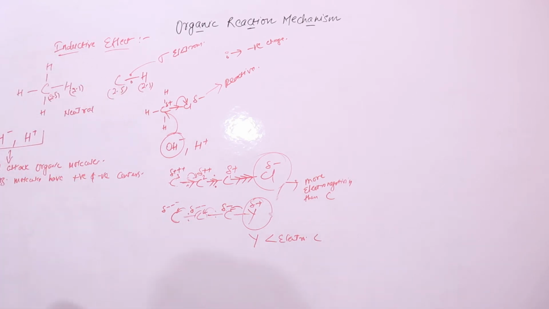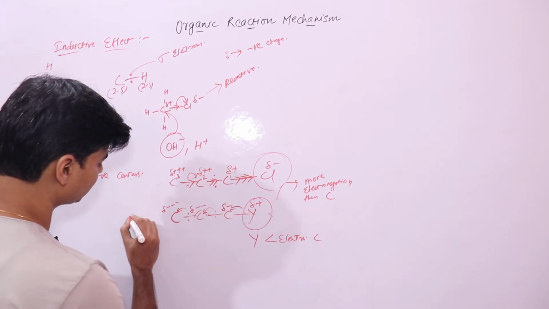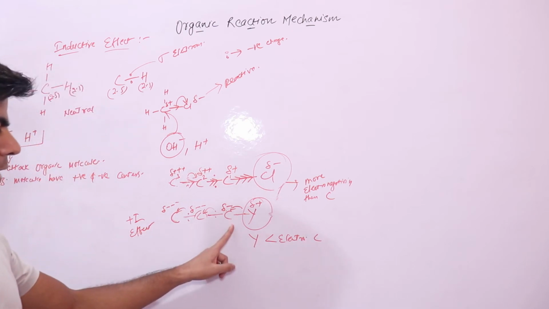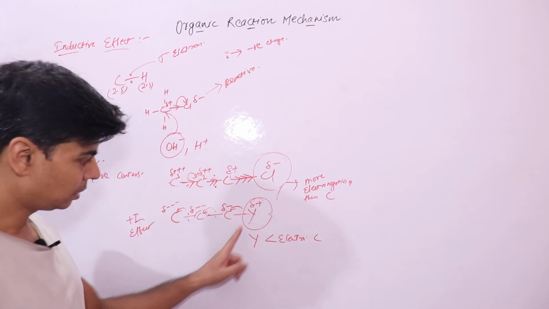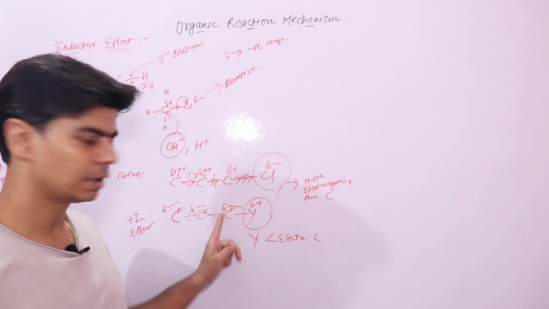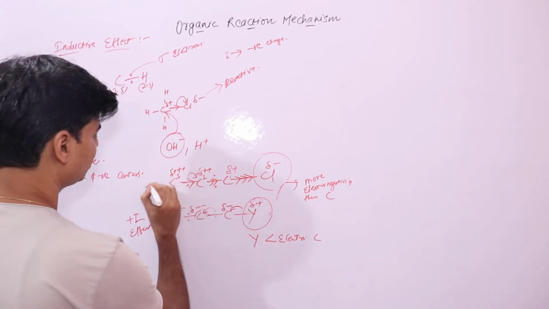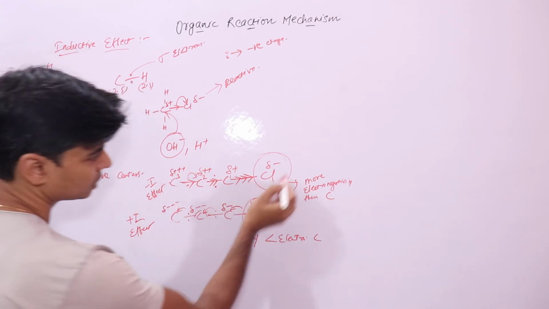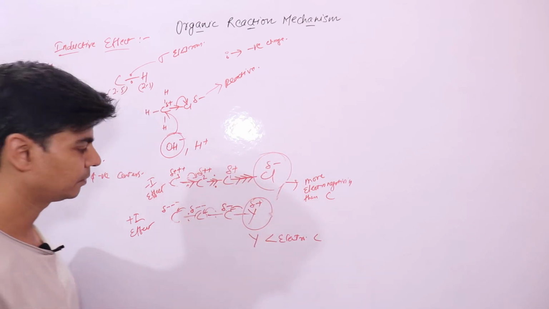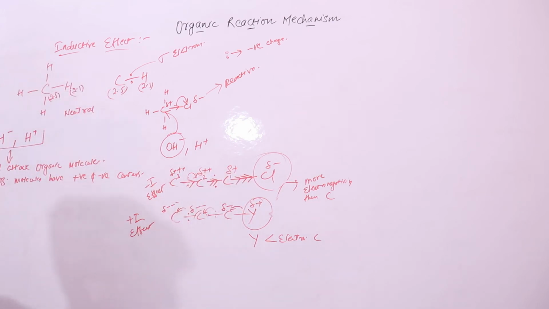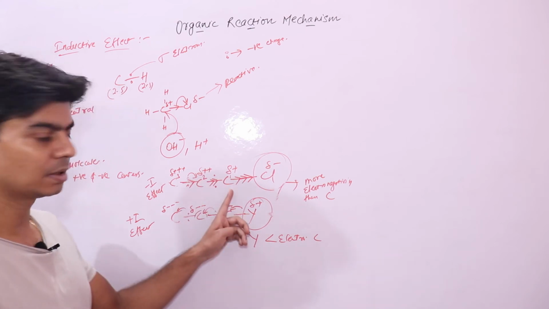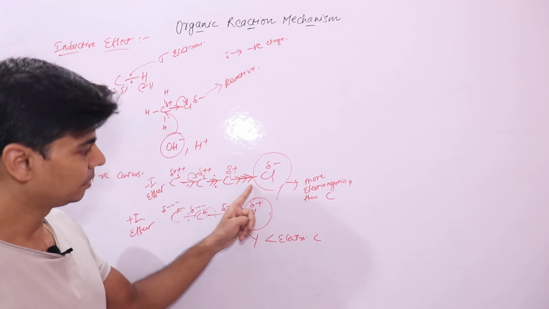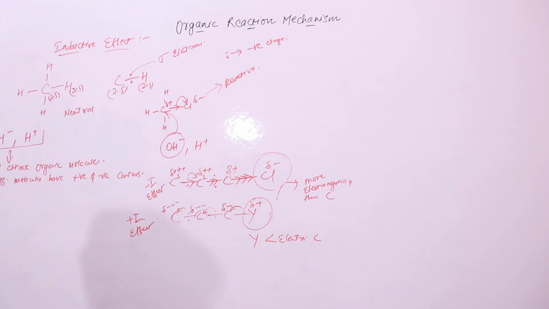Right. So this is your inductive effect, which introduces polarities in your organic molecule. Where we have a less electronegative atom, in this case, this is your plus I effect. We call it plus I effect where the carbon atom acquires a negative charge and the atom attached to carbon has less electronegativity than carbon. Now this one is your minus I effect, where this chlorine atom will attract the shared pair of electrons towards itself, thereby becoming negatively charged, and this carbon becomes positively charged. Carbon has become positive here